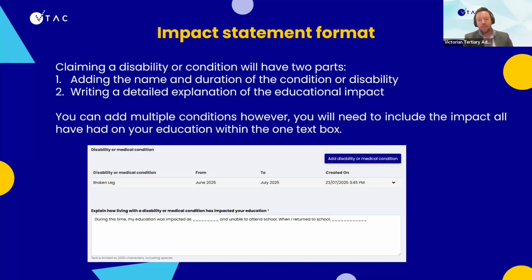That way, they know how much special consideration to apply. We often get asked to provide examples of impact statements, which we tend to shy away from because it's very important that applicants use their own words when outlining their educational impact and their condition, as opposed to using generic examples.